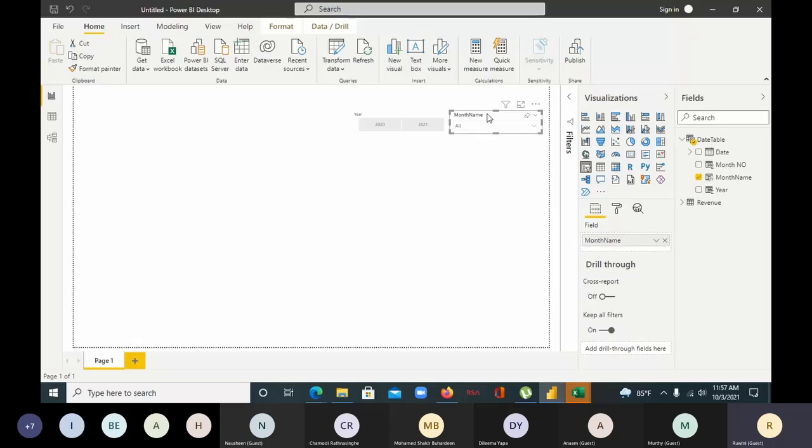Since I don't actually want it to call month name, one way you can rename it is in the fields. You can double click and just delete and type month. You can do that, or you can go to the formats and you can go to slicer header and you can change it here also,